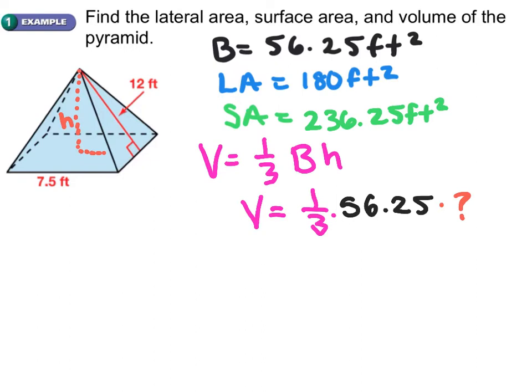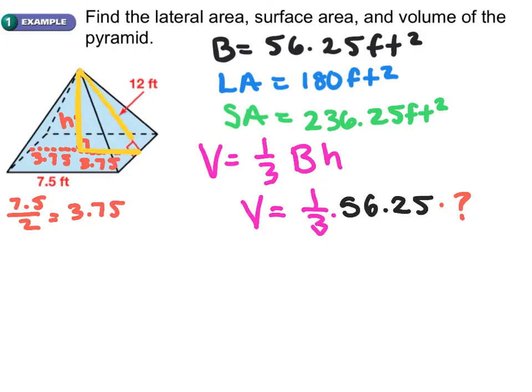Now, using the fact that it's 7.5 all the way across, if I divide 7.5 in half, we get a value of 3.75, which tells us that each of these smaller sections is 3.75. And now if I focus on just what we're given in this triangle, so if I focus on this part,